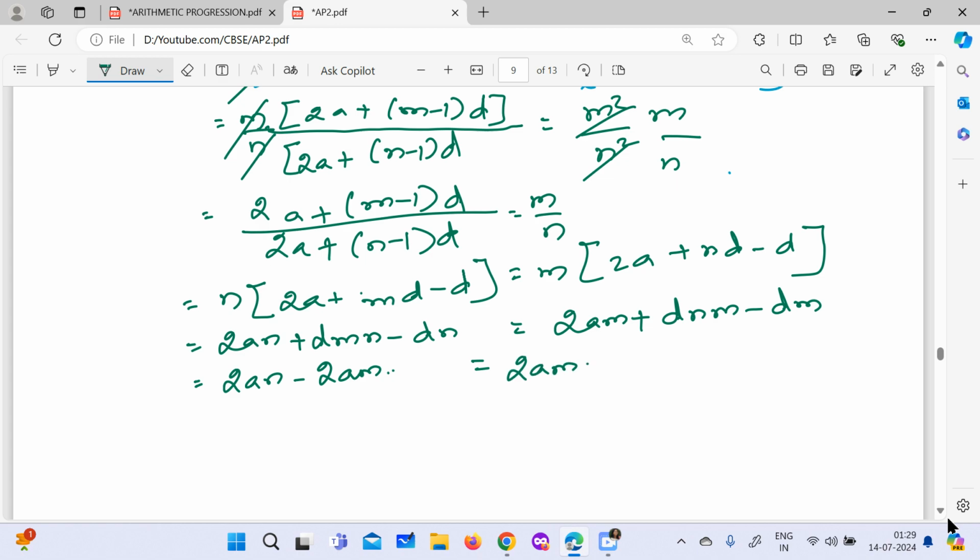We write what is already here. Now bring it this side, so you get minus dmn, and then plus dmn. Now dnm is cancelled. And this 2am we have already taken over that side. So you are left with 2a times n minus m here,